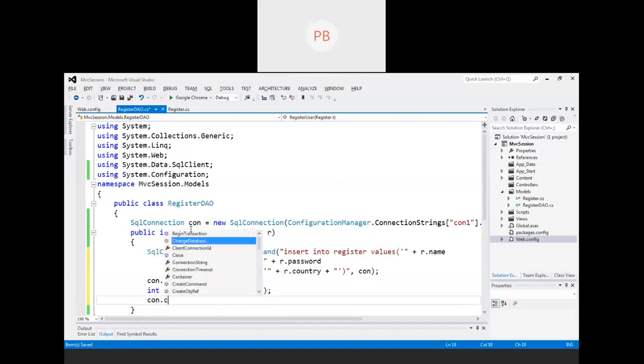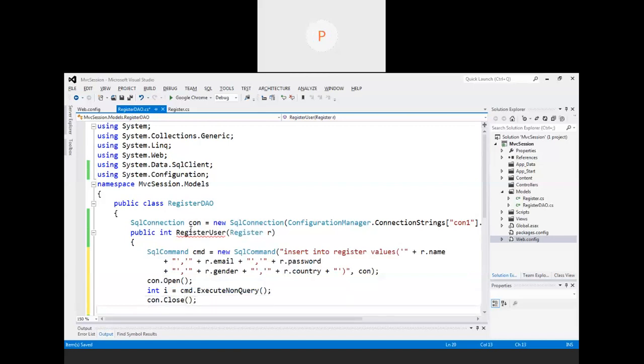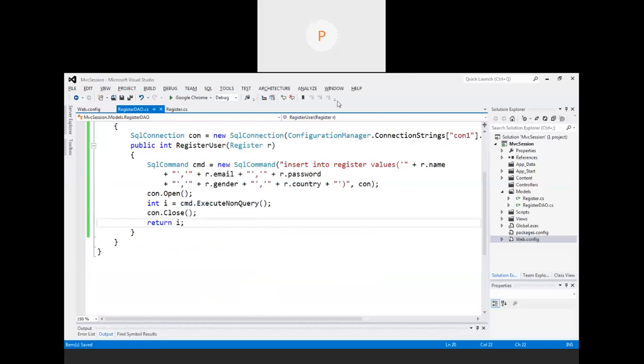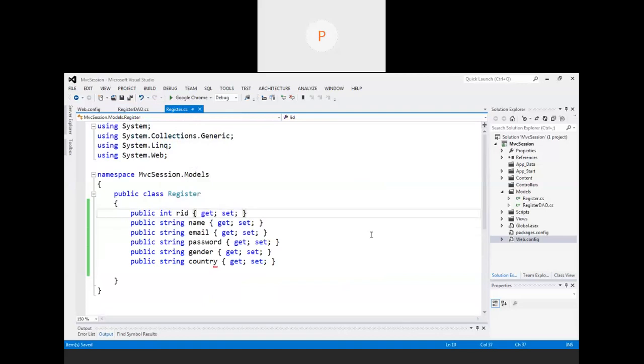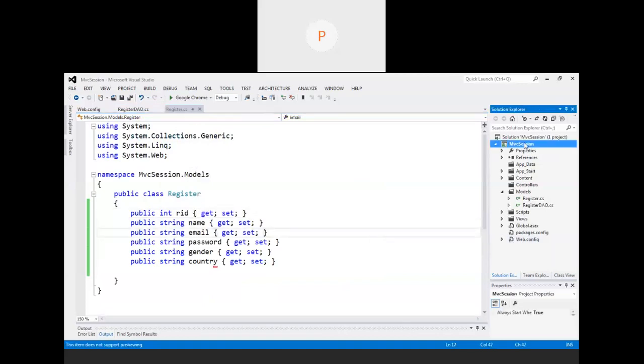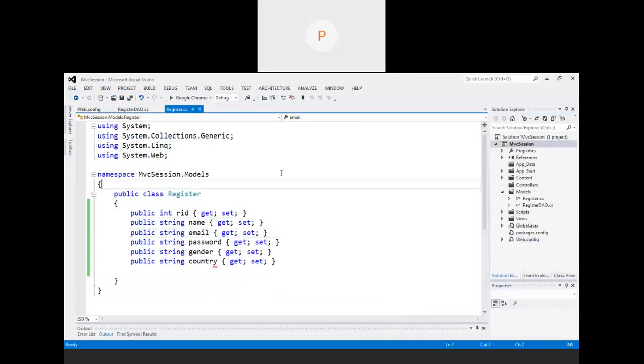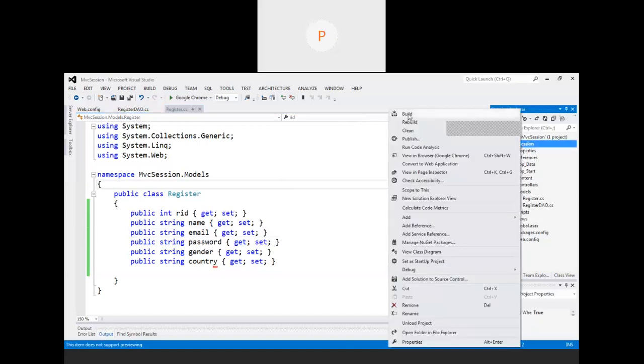Close, return i. Done. Okay. So I have written the code for this registration. Now simply, once these model classes, DAO, etc. are generated, next is right click, build your application or rebuild your application.